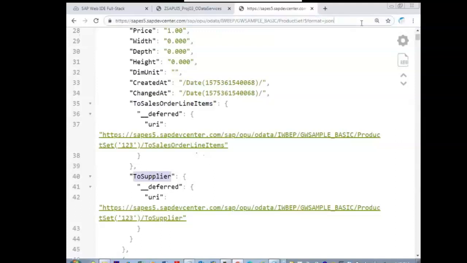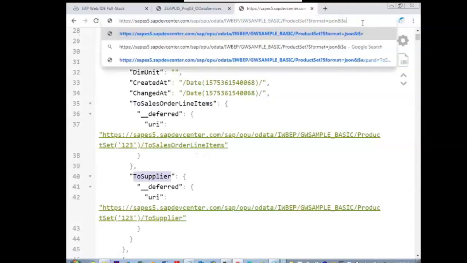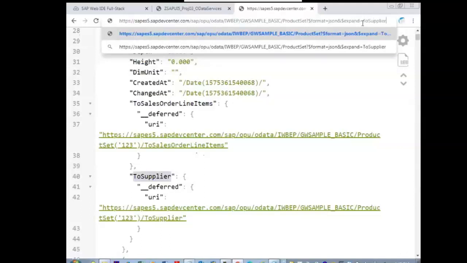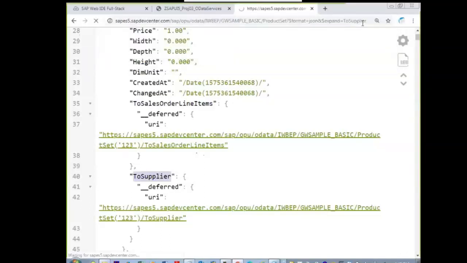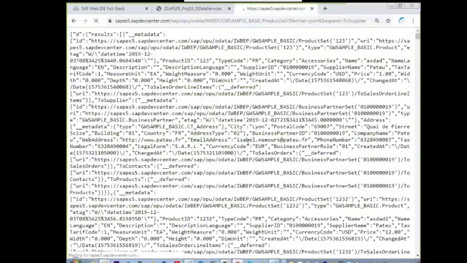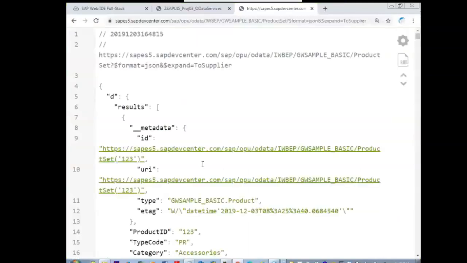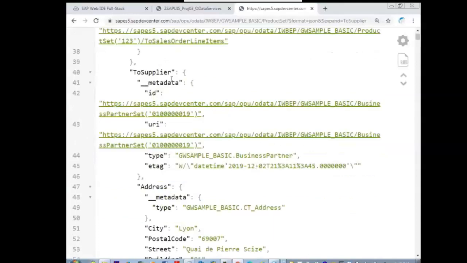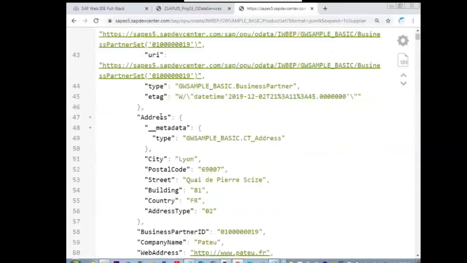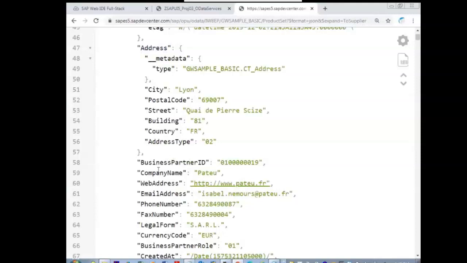When I use the expand query, then I can see the properties and records of ToSupplier. It contains address, business partner ID, company name, web address, all these things. So tomorrow's session, we'll try to see this ToSupplier data as a fragment.